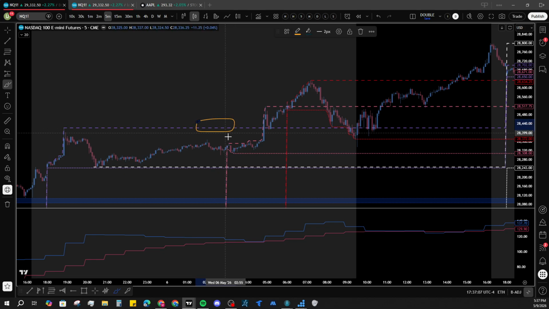I have Asia's high with the big dotted lines, Asia's low with the small dotted lines that are purple. So what I look for now is highs to be taken. So this is London. So Asia starts at 6 p.m., ends at 3 p.m. And then London starts at 3 p.m. to 6 p.m. So what I'm looking for here is